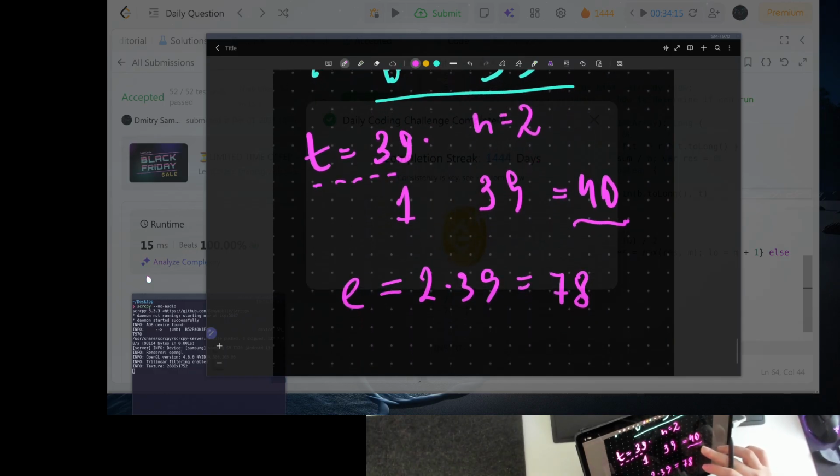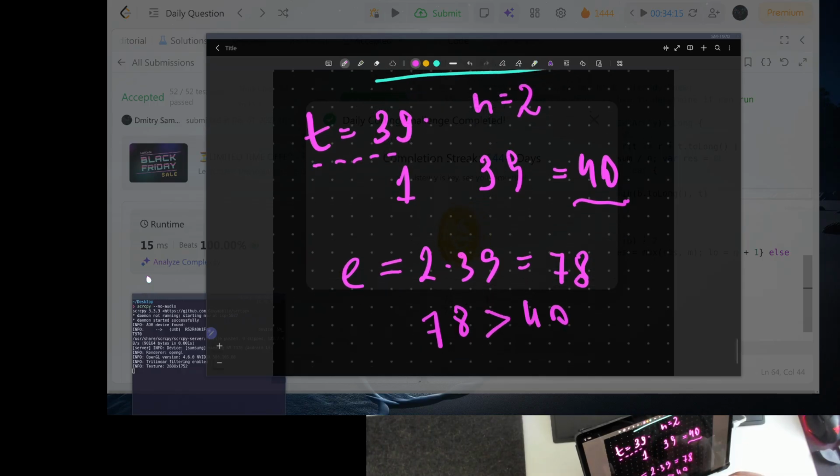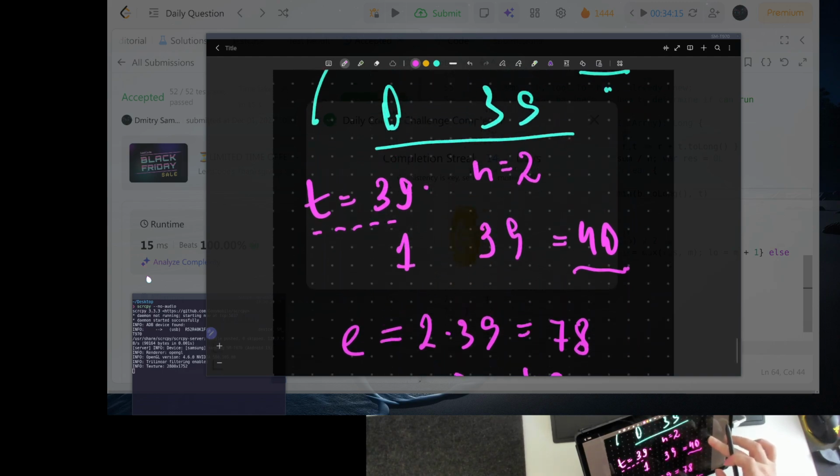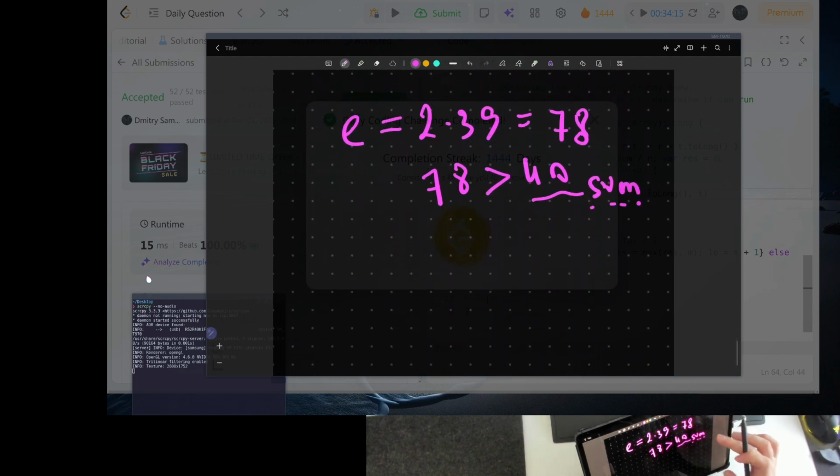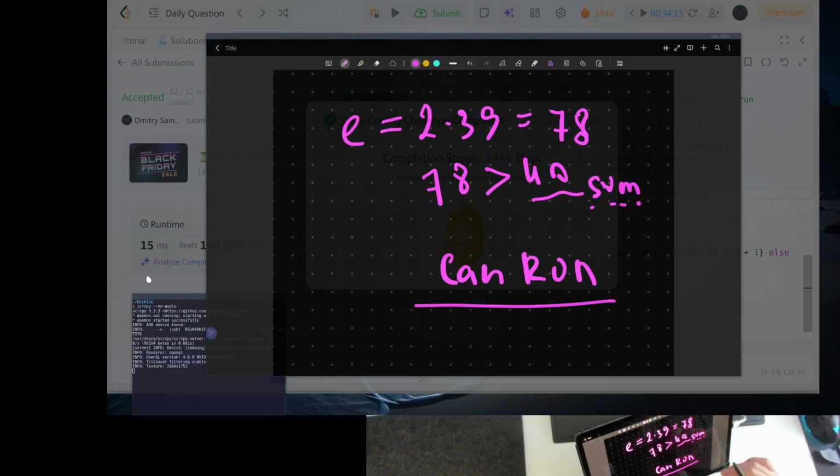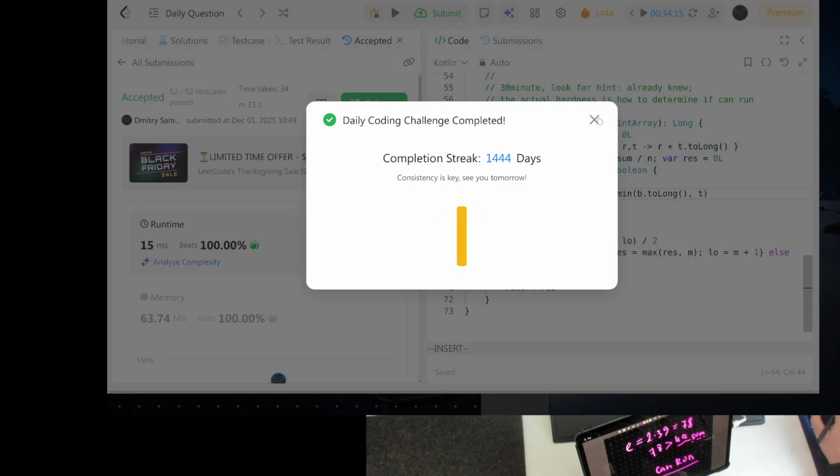And we compare this 78 with 40 and see that our 40 is much less, so we have not enough energy we can take from each battery. So this is our entire algorithm we can answer, can run this question, and the rest is just mechanical work about